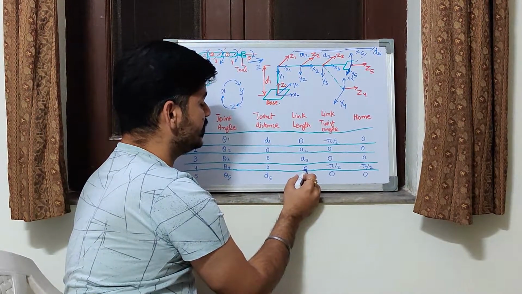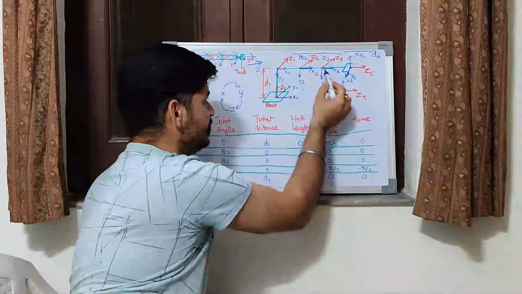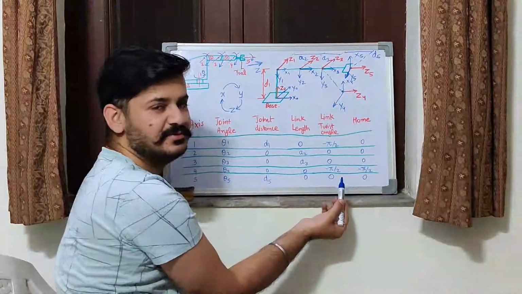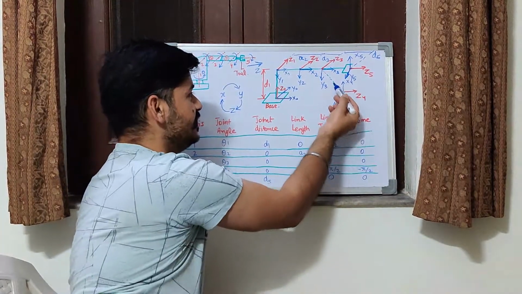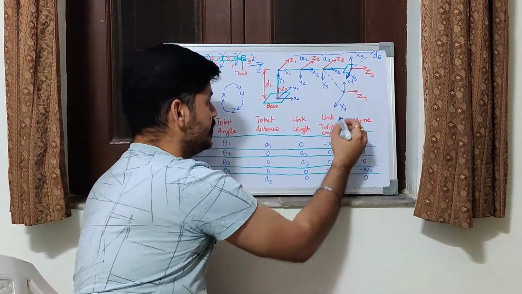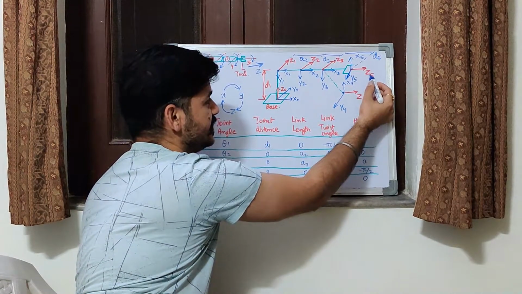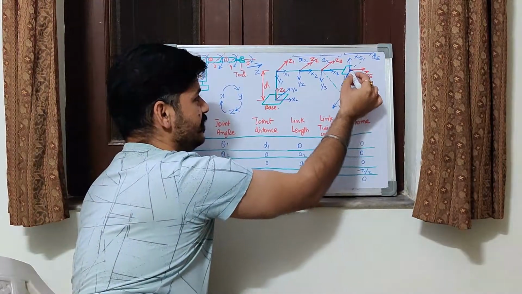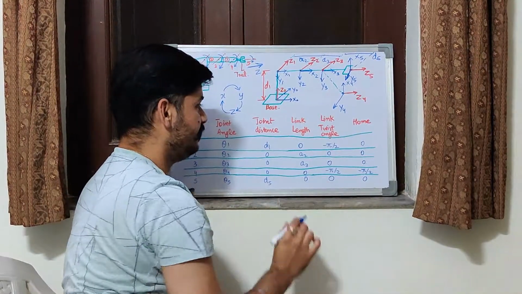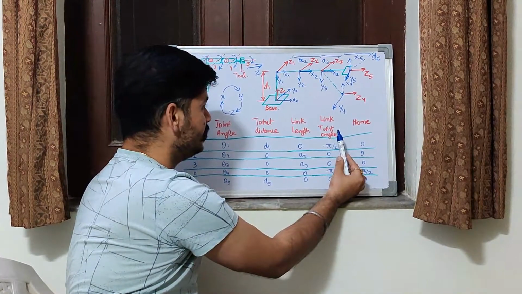Now moving on to the next point, you can see here the origin is the same for these two coordinate frames, so we can directly write this distance as 0, because there is no distance, the origin is the same, right? Now moving to the next one, along x5, is there any distance between z4 and z5? Along x5 there is no distance, these are at the same location, so the value of the link length is 0.